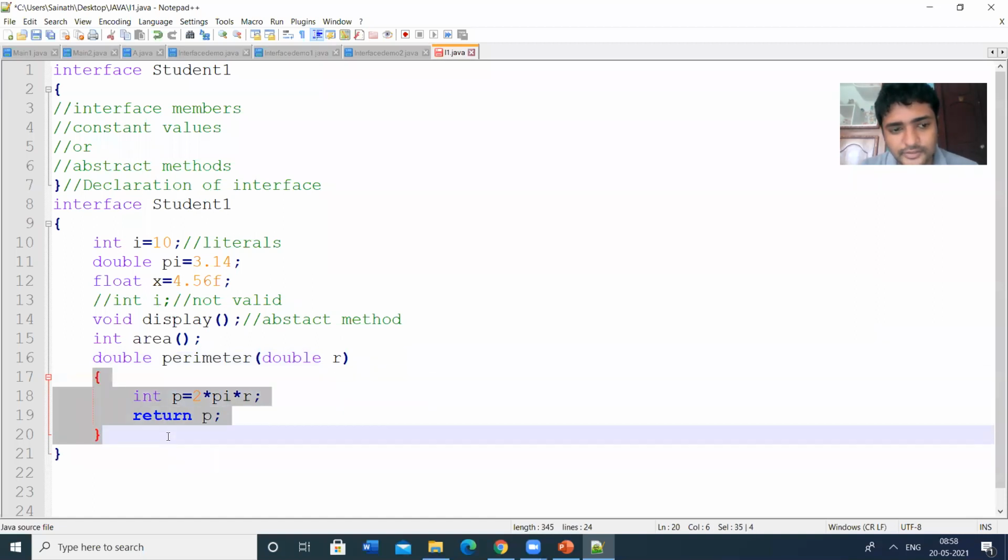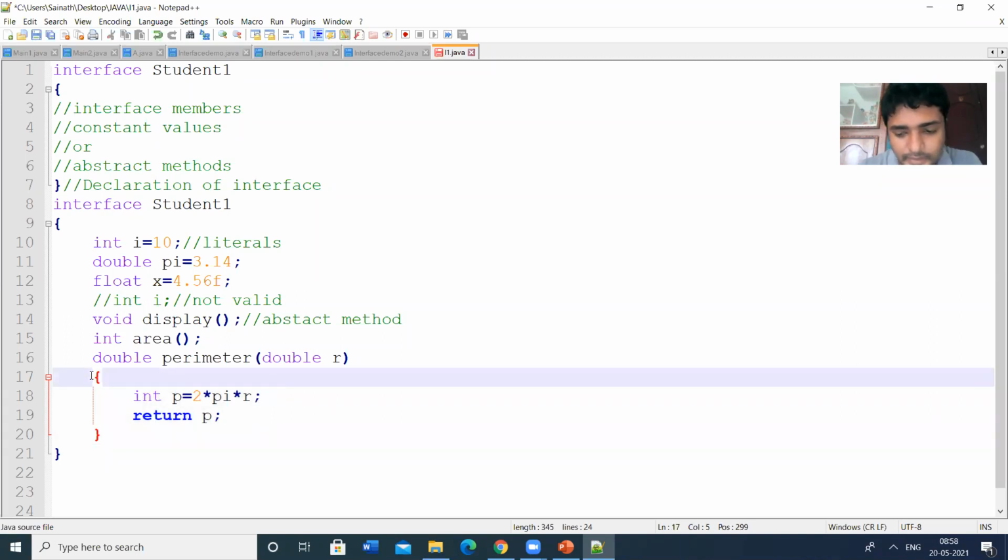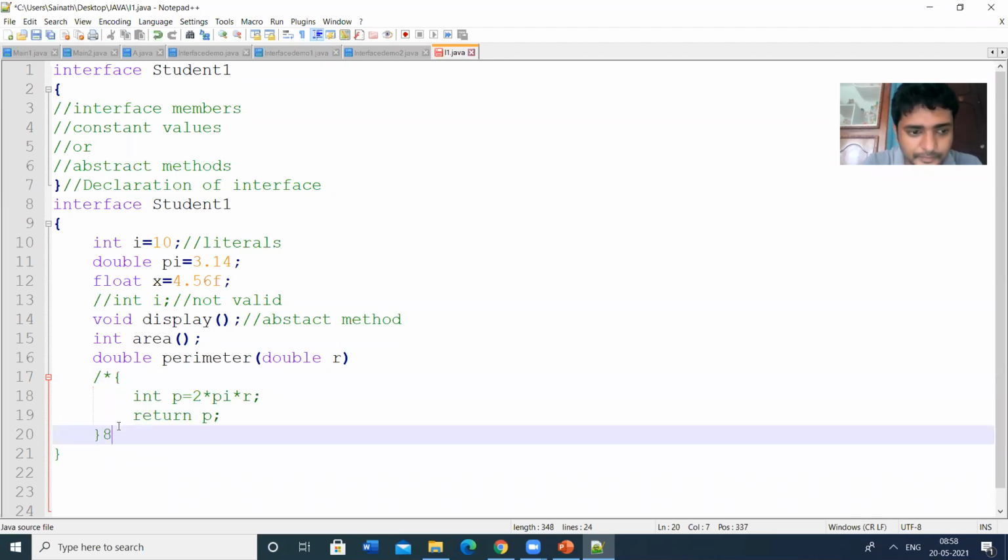In the interfaces we don't define this. Method definition is not there in the interface. That means the method definition exists somewhere else in the program. So we don't give the method definition here.